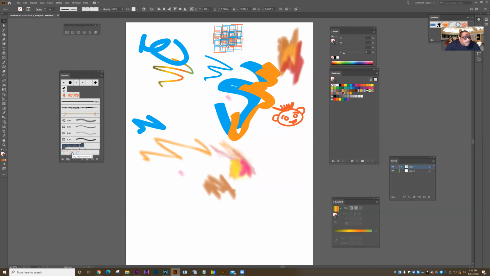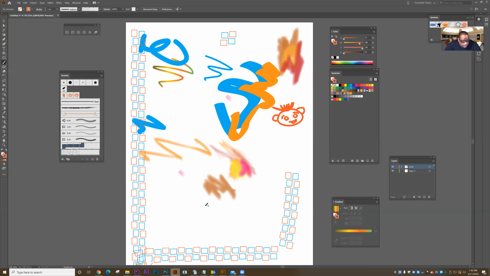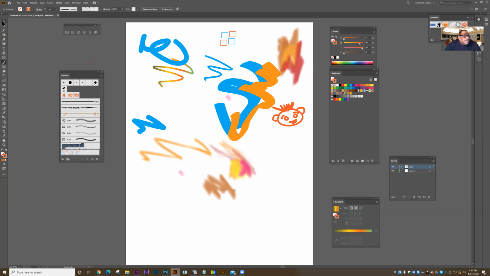I'm going to select my new brush. Oops, my old brushes were still selected. I want to undo that, deselect everything. I'm going to select my new brushes, grab my brush tool, and when I paint now, I can paint with that pattern. So I can do some other things with that. Let's clear the screen. I'm going to select everything, delete it,